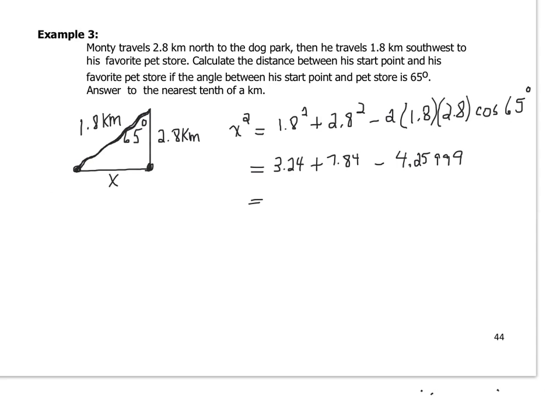So when I work that out, I get 6.8200, and that's x squared. So x would be the square root of that. Second function square root of that gives you 2.6115, so on. So to the nearest tenth, that would be 2.6